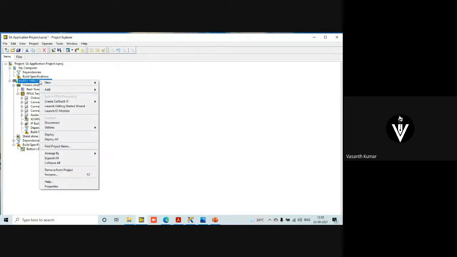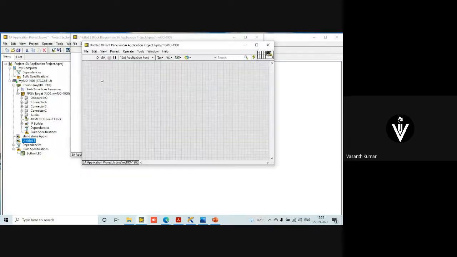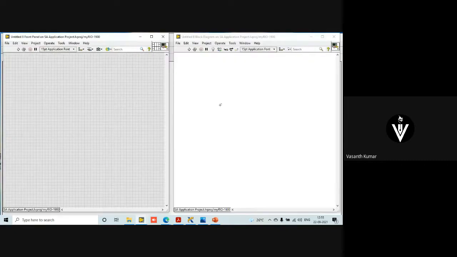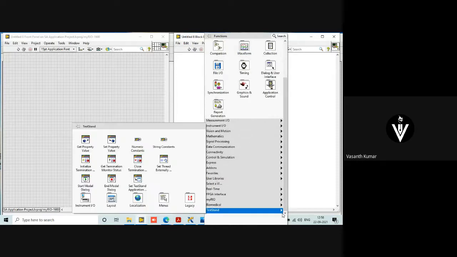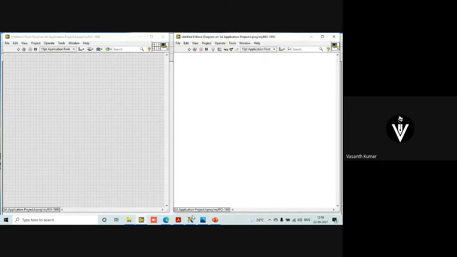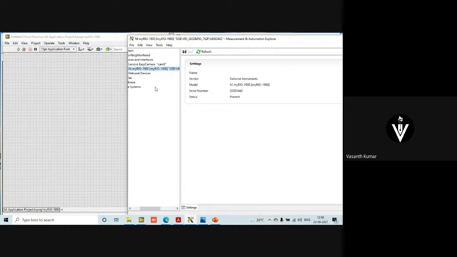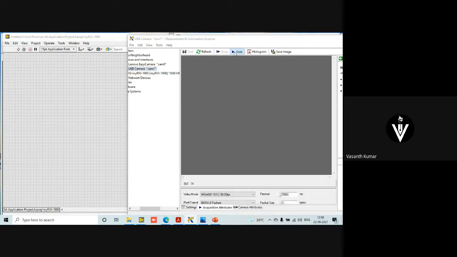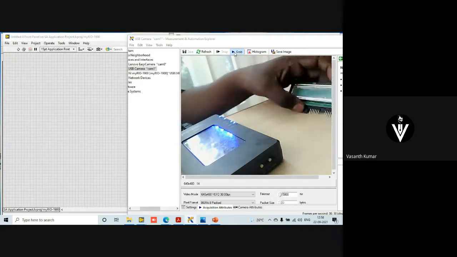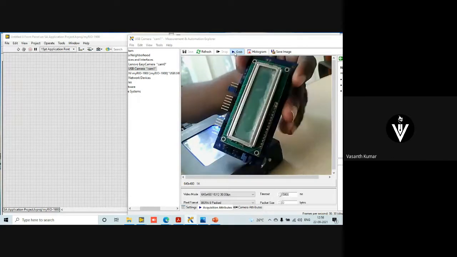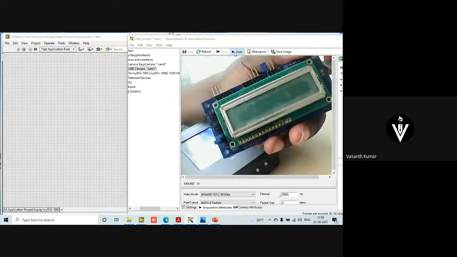So I'll right click on my myRIO, new VI. All right. So till now, whatever we were using was just a watch here. Now I'm going to show a demonstration for you, connecting my camera to show you what I'm going to demonstrate. I'm going to show a demonstration on an LCD display. There is an LCD display I have with me. So I'm going to show you how to interface it, how to make it execute, and everything about that. Okay. Fine.